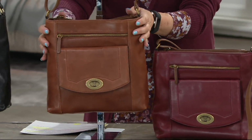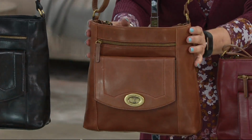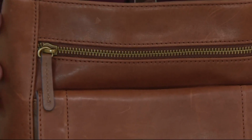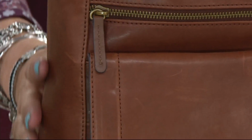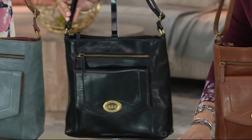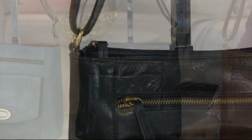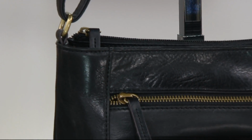Then we have our rust. That's another one of our new colors. Isn't that great? That sort of great British tan, kind of a saddle brown. Really, really beautiful in the vintage leather. Then we have our black. This is the black option, and you can see with that black, you're going to get that black trim with it as well. All the bags feature that antiqued brass hardware, which is such a great complement to that vintage